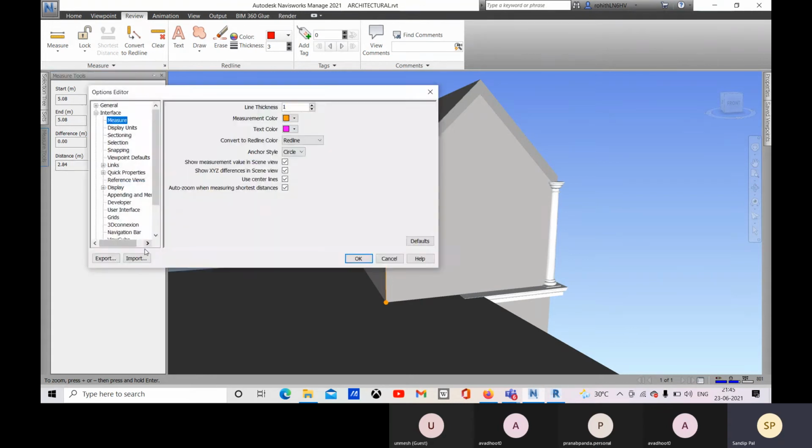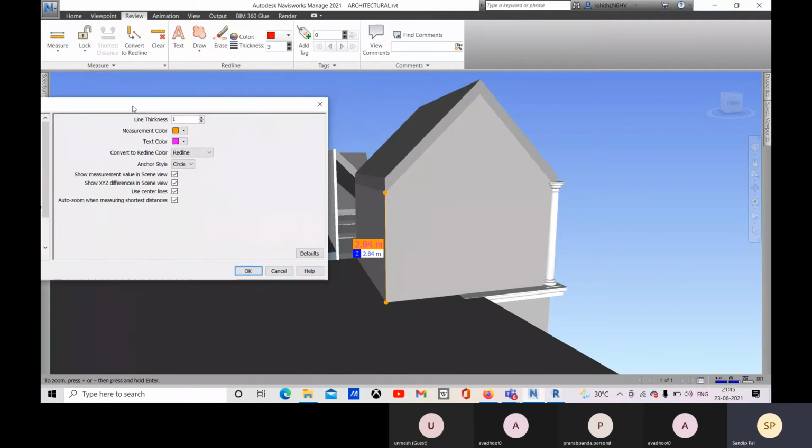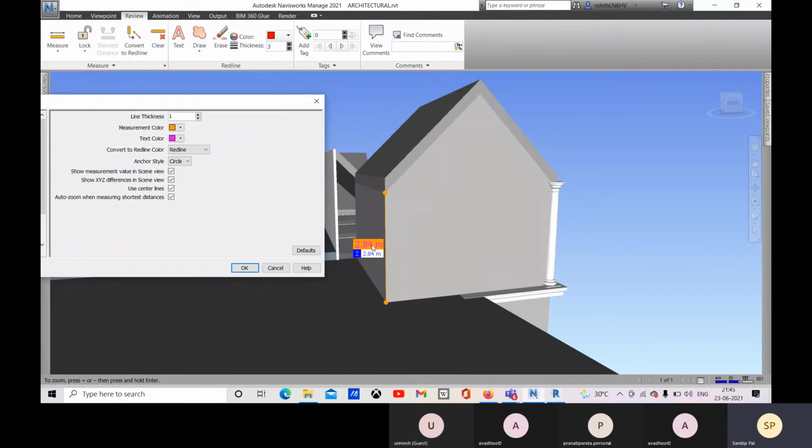And you can go for the option, and there you can choose the text color and the measurement color. Suppose you want to go with this color, and for the text you can go for this color or this red color. So here you can change it. Okay.